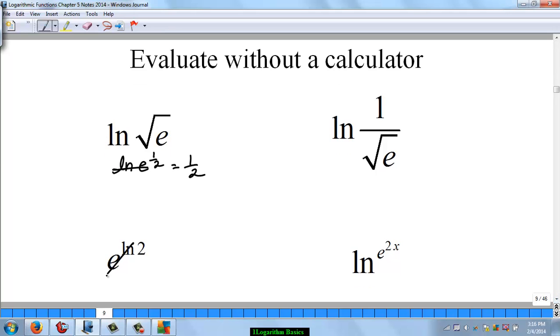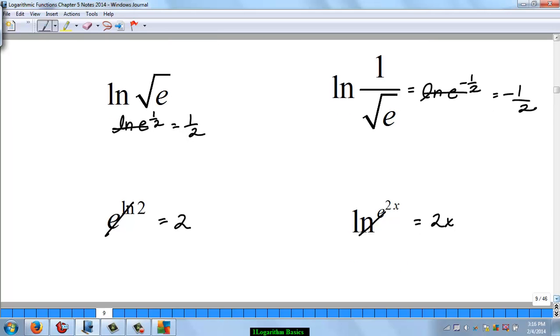E to the ln of 2, thanks for playing, it's 2. This one I have to rewrite. This is just like the one we did. E to the negative a half. Thanks for playing. The answer is negative a half. And then ln e to the 2x. Thanks for playing. The answer is 2x. So there's that